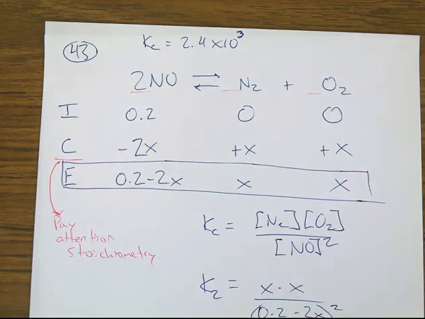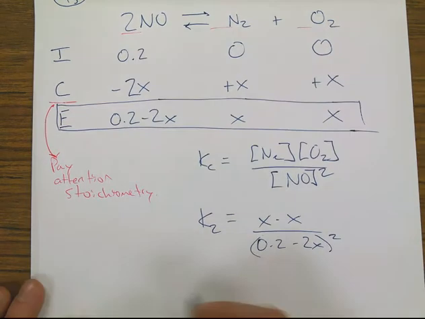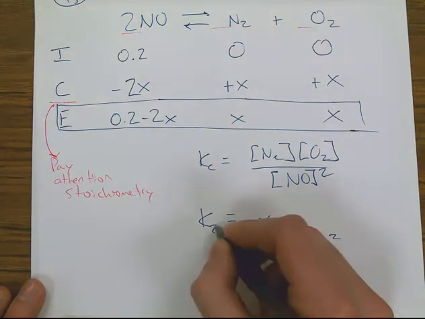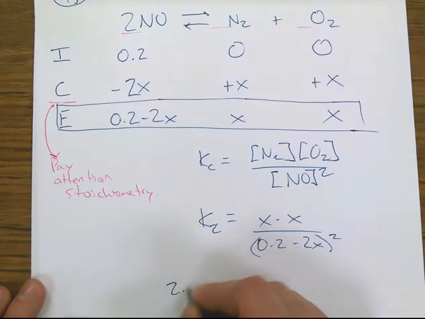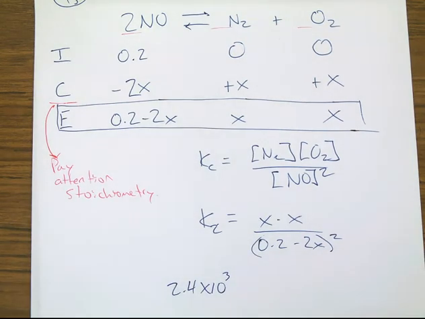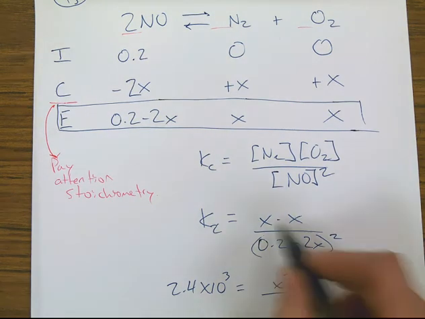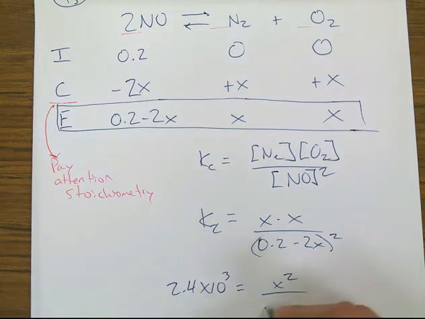Now the cool thing is that I actually know what Kc is, so I can solve for my unknown, which is x. So Kc is 2.4 times 10 to the third, and I know it's this value because that was actually given to me at the very start of this question. So it's equal to x squared, because x times x is x squared, over 0.2